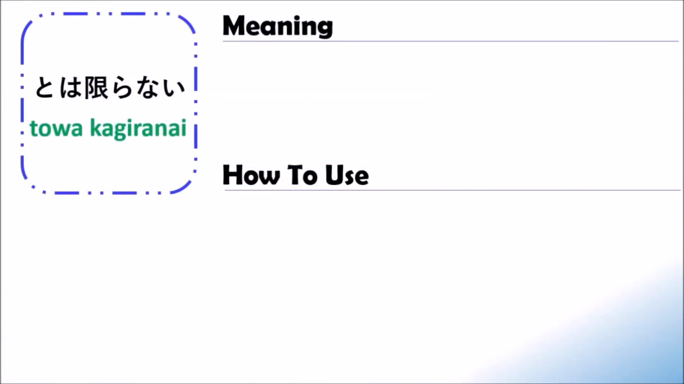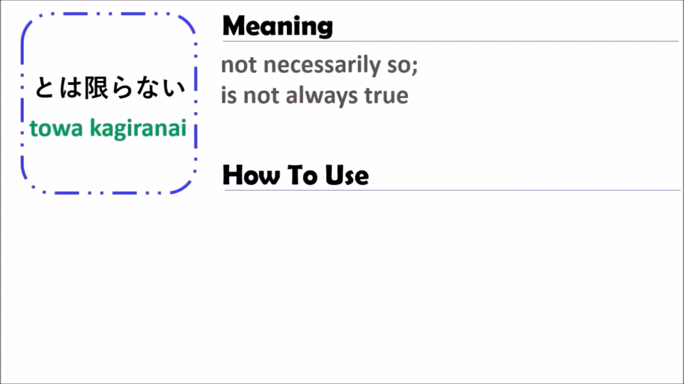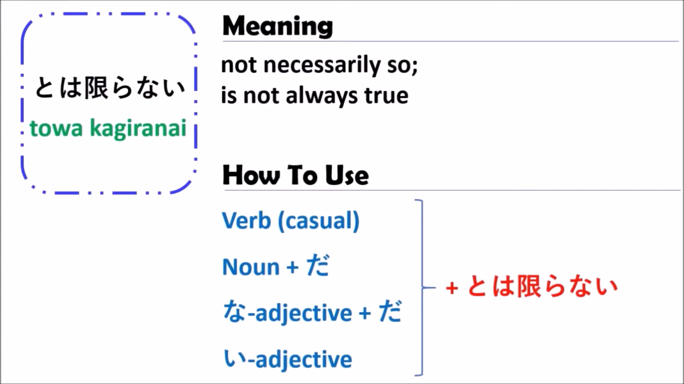We are going to talk about today, we'll learn about the grammar TOWAKAGIRANAI. The grammar of TOWAKAGIRANAI means that it's not necessarily so, or is not always true. And when you use the grammar of TOWAKAGIRANAI, you can use it with the verb, noun, adjective, and noun adjective